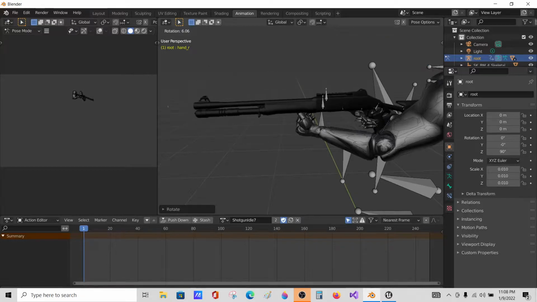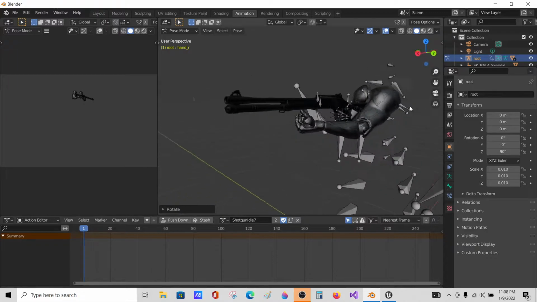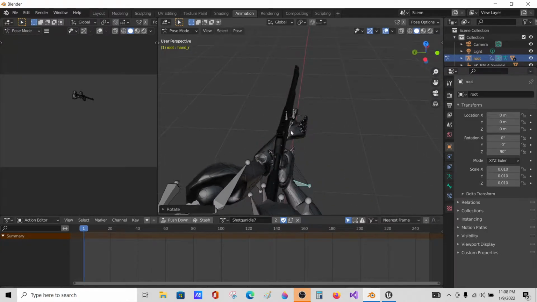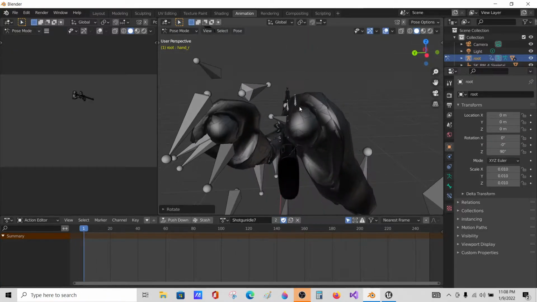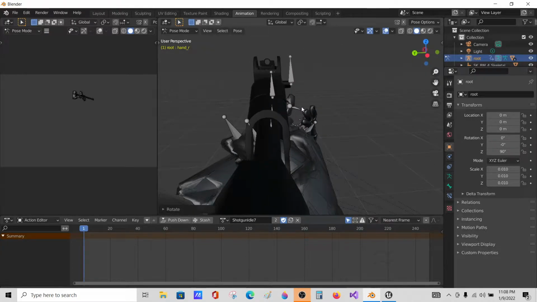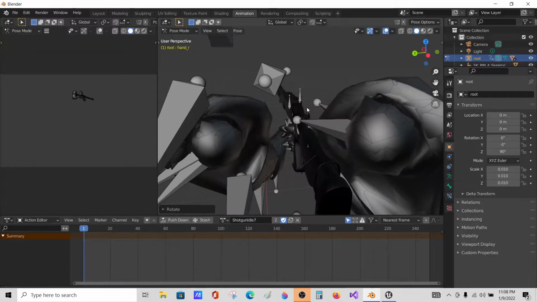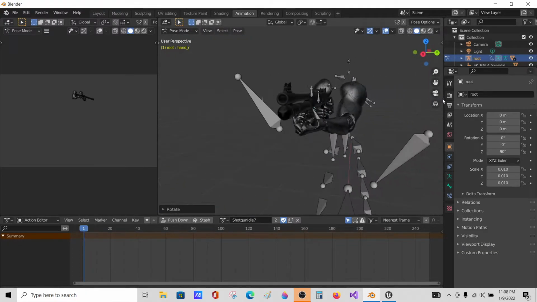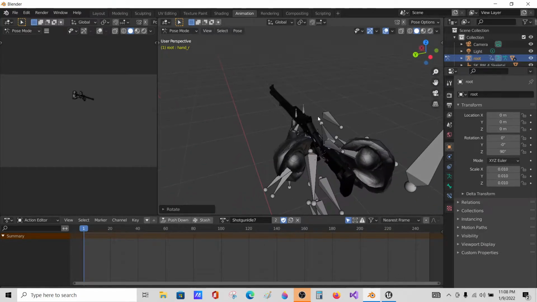Rotate his hand upward. Rotate it right there. And then I'm going to place this man's forearm